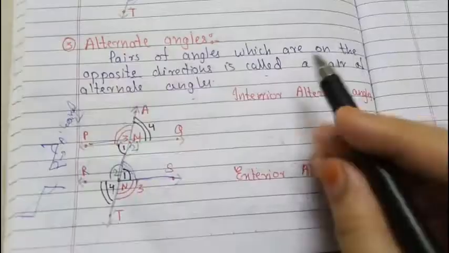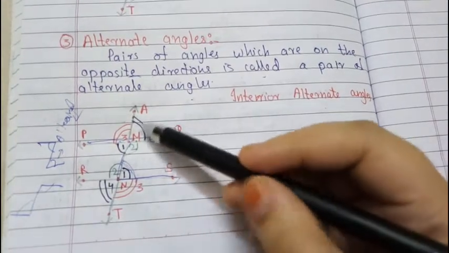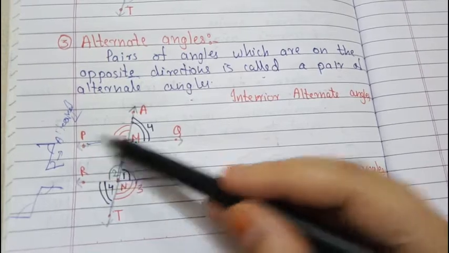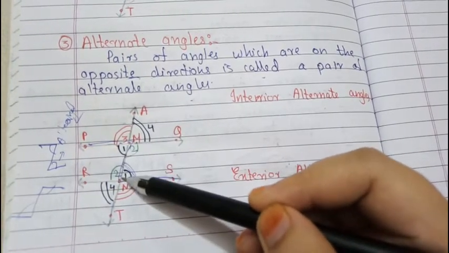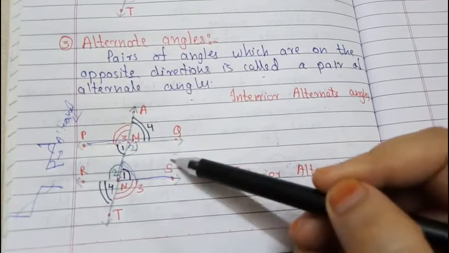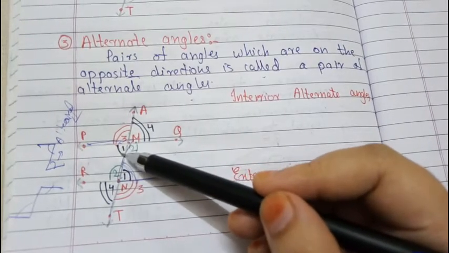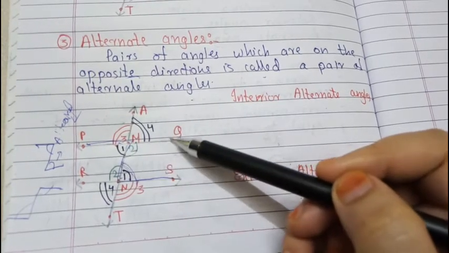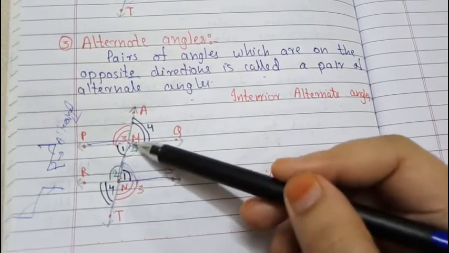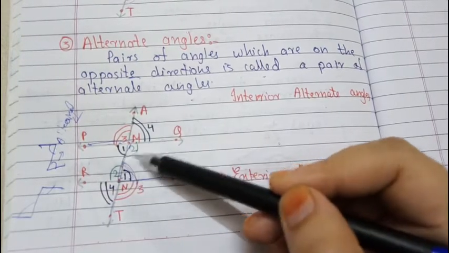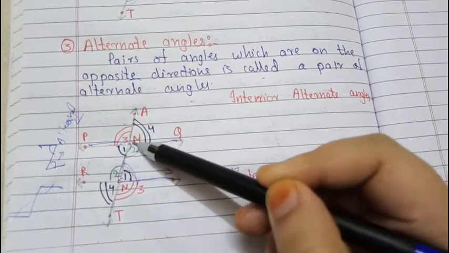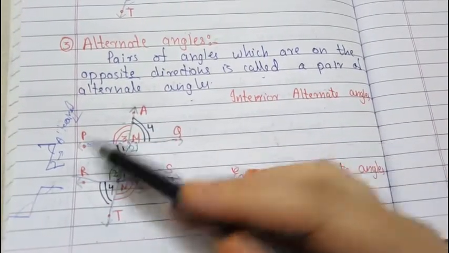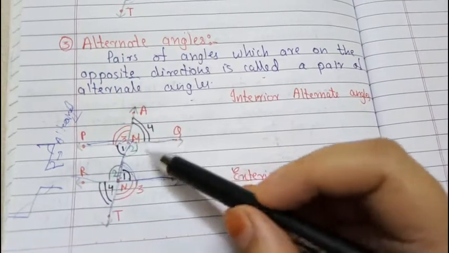Now let's see the interior alternate angles. First we will see the left hand side. Angle PMN will be congruent to angle MNS. Here I have put number one. So with this zigzag pattern, this and this will be congruent, and angle QMN will be congruent to angle MNR. Alternate of the Z, like here, this is opposite. First left Z, then right Z. Okay, remember it in this way.